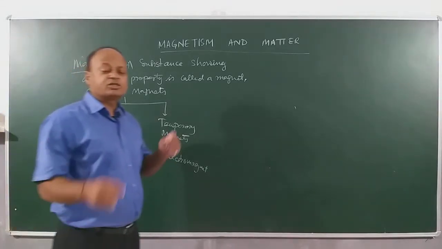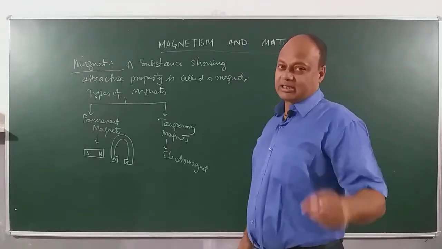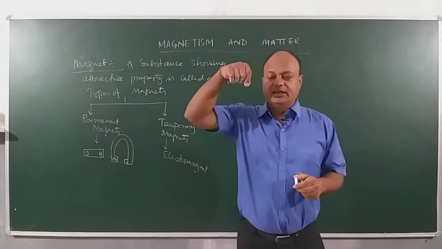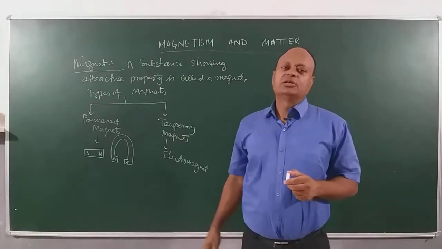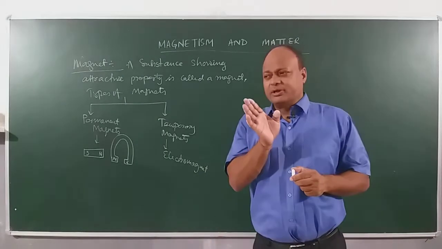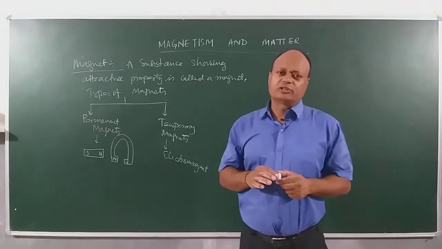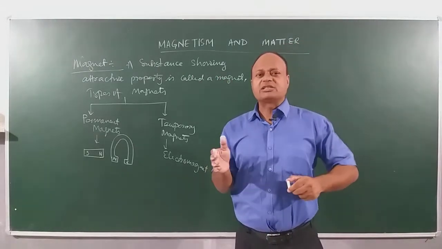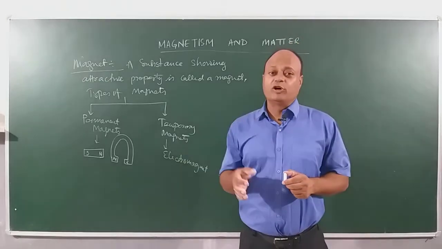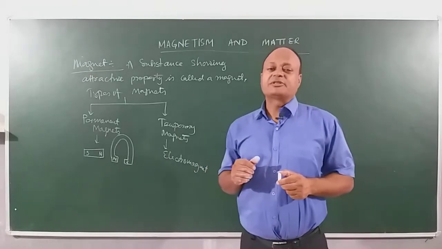Now, a magnet has certain properties that we call properties of a magnet. The first property of a magnet is that whenever you suspend a magnet freely, it will always point along what? Geographic north, south. Not exactly along geographic north, south, but at a very small angle, around 6 degrees, with the geographic north and south. Clear? The compasses which you use are based basically on this property, right? In fact, for sea voyages, for centuries and centuries, compasses have been used.